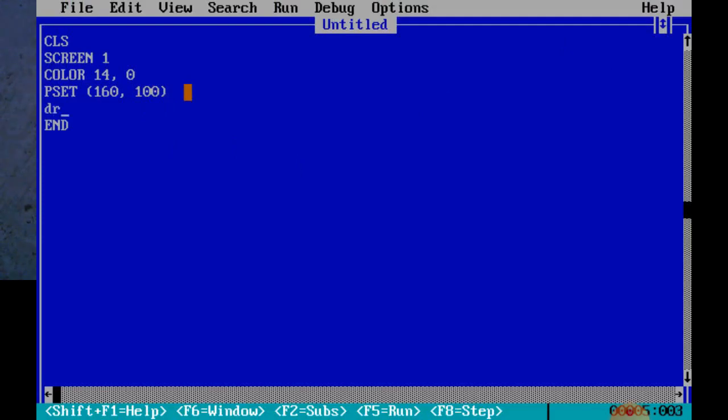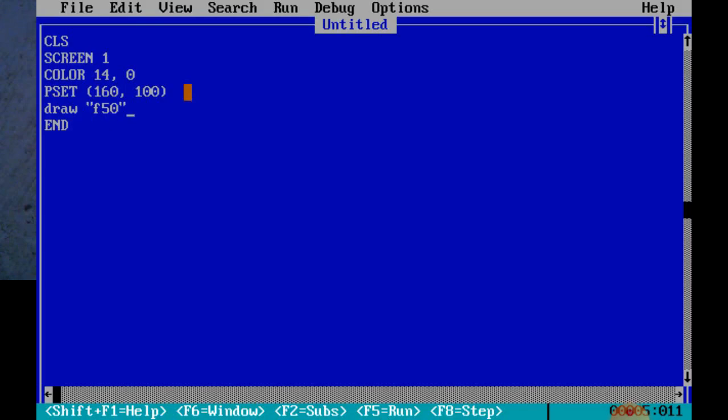Now we draw a line starting from the point where we located that pixel. Here you can see F for draw a line diagonally upward toward the right side, so F50. Now see again as I press F5 how it creates a line.